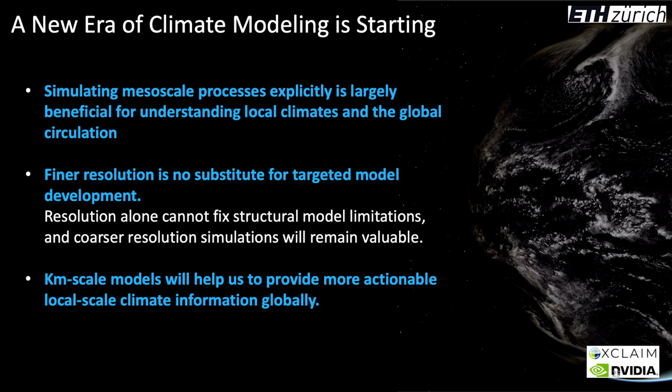I also want to emphasize this is not a silver bullet. Just increasing the model grid spacing is not enough. You really have to heavily invest in model development. You have to rebalance the model and often work on parameterization schemes, include new parameterizations. And these models will not replace coarser resolution models anytime soon. The coarser resolution models will have an important role to play here. I think these modeling systems have complementary weaknesses and strengths, so we really should work together to better understand how climate change is changing in the future. And I'm pretty sure that this will help us get to more actionable climate change information in the future.